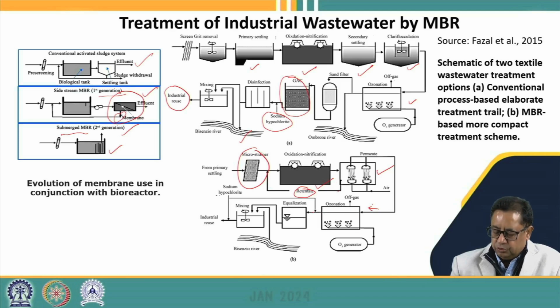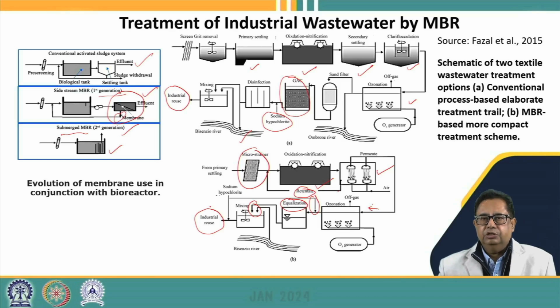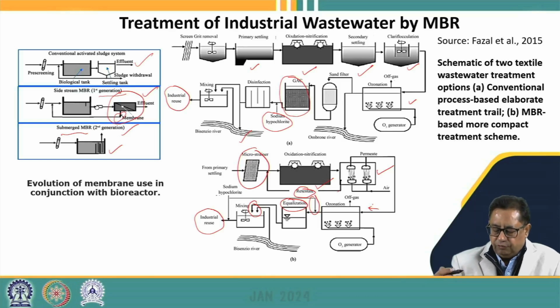After ozonation, the water may go to the equalization chamber, and after the equalization chamber we can add sodium hypochlorite for the disinfection purpose at this point, and then it can go to a tank where the dilution may be done by fresh water, and then the water can be used back by the industry. So in this way we can see that a number of units, like for example the secondary settling